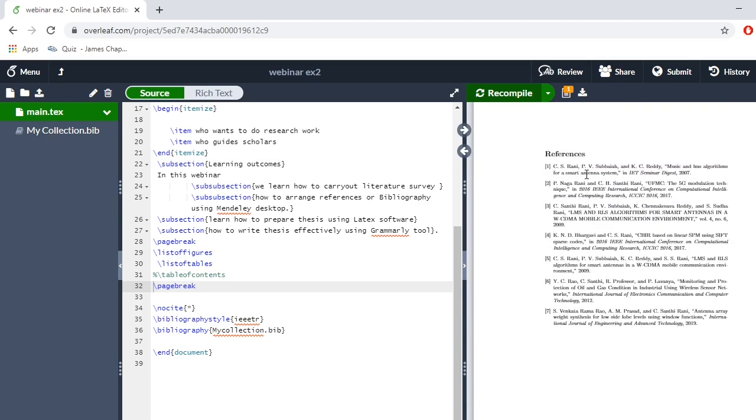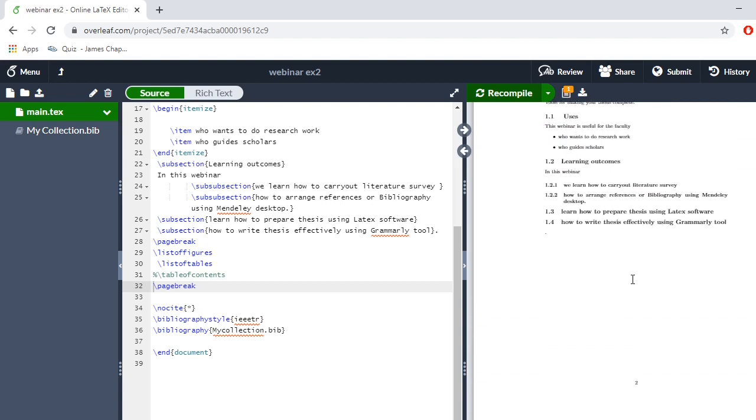If it is your MTech thesis, you will have around 50 or 60 references. If it is a PhD thesis, you will go up to 100 or 150 references. So for all this, you need not type anything. Just select like this, and by using this simple one command, \bibliography and the respective file name, all the references you can include. Okay, now you just have a glance on your document that you have prepared.